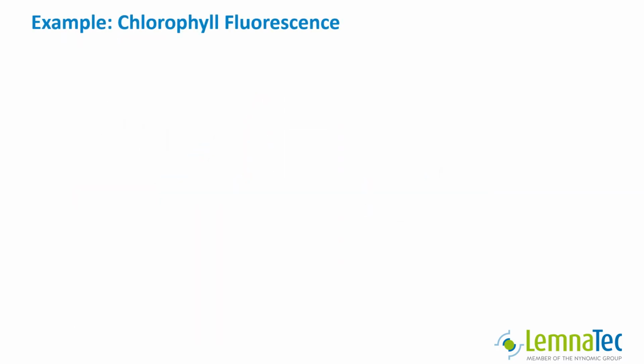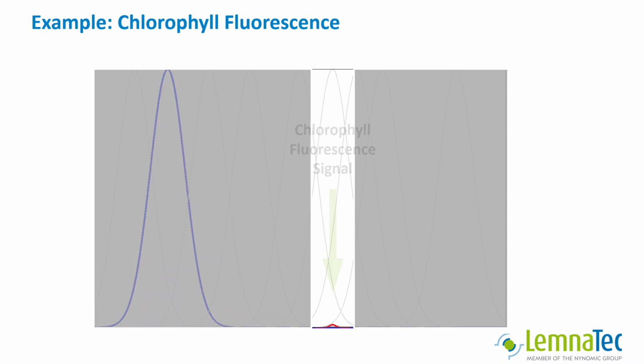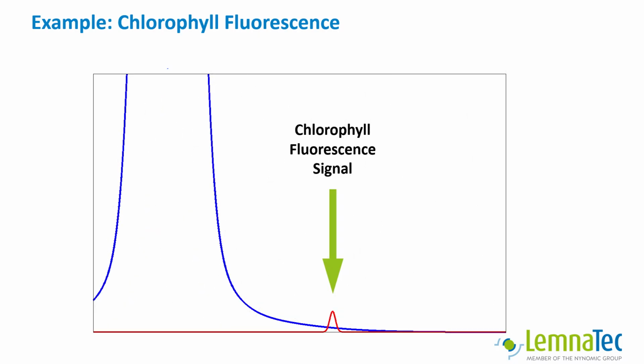The second example I like to address is the chlorophyll fluorescence. You may activate the chlorophyll using the blue light. Then you can take an image using a filter in the red spectrum at 680 nanometers or so. Due to the bell-shaped emission spectra of the blue light source, we still have a little intensity at 680